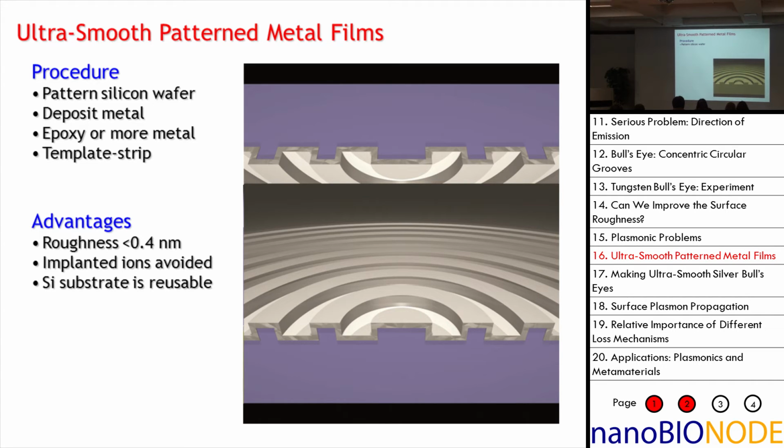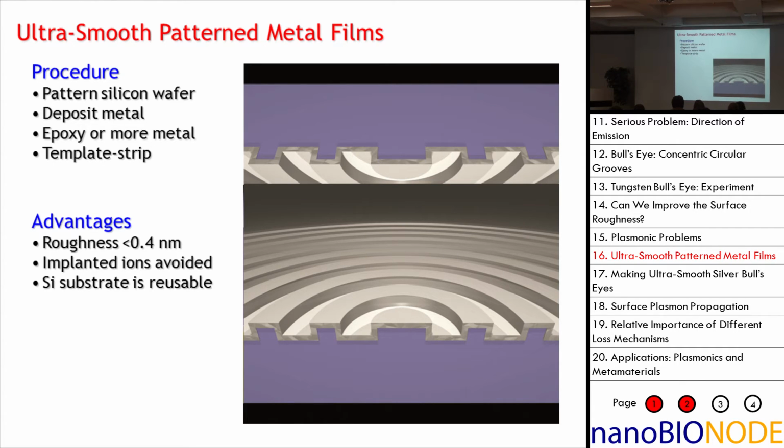So here's the solution that we came up with. This is all old news now. This was the solution we came up with in 2009, where we took these single crystalline silicon films and patterned the structures that we really needed into silicon. Then we would put our noble metal films right on top of this. And then we would simply pour epoxy or use electroplating to make these films thicker so they could stand on their own. And then we could simply just peel it off, because these noble metals don't really adhere to silicon, so they just come right off with exactly the fidelity that you started with, and the template was actually